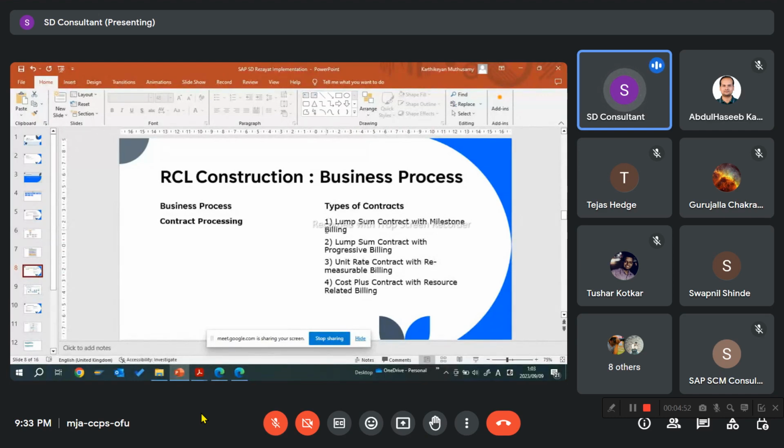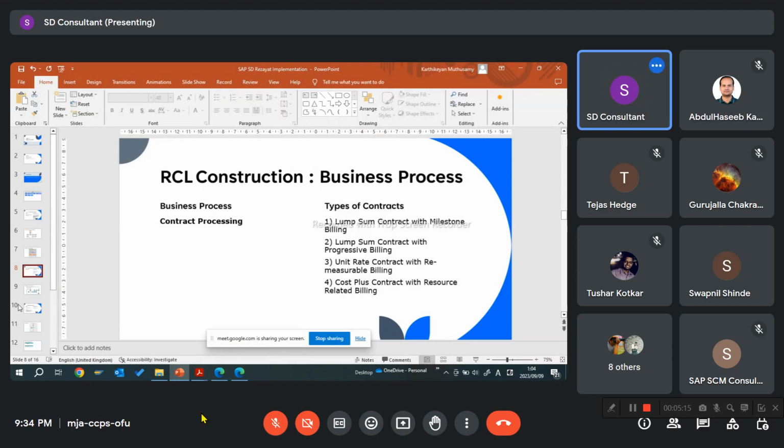I'm not sure, it might link directly with project system, since only project system uses milestone billing and other billing plans. I'm not sure whether it's part of SD or not, but anyway it's named as SD, so I captured it under SD processes. Total 4